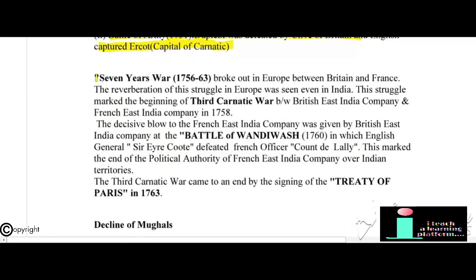In the meantime, the Seven Years' War, from 1756 to 63, broke out in Europe between Britain and France. The reverberation of this struggle in Europe was seen even in India. This struggle marked the beginning of the Third Carnatic War between the British East India Company and the French East India Company